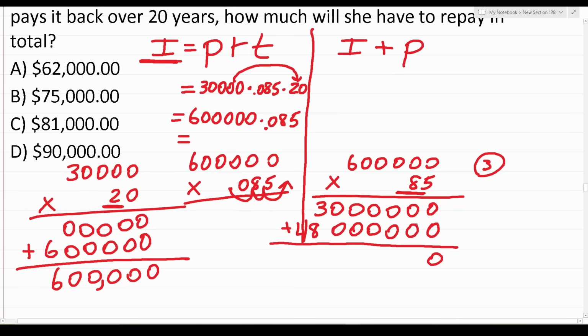0 plus 0 is 0. 8 plus 3, that's 8, 9, 10, 11. Carry a 1. 4 plus 1 is 5. And we're going to bring our 3 decimals back in. 1, 2, 3. All right, so we can see that the interest that we have to pay on this loan